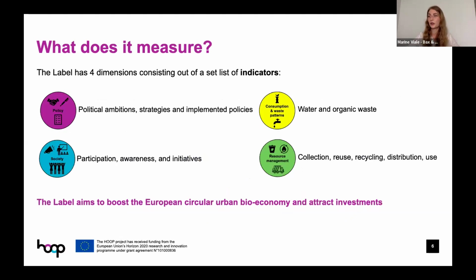Policy indicators look at, for example, strategy and implementation of circular economy policies, like the Circular Economy Action Plan, financing or public expenditure, and taxation or incentives. Then society indicators look at citizen awareness and participation in circularity efforts, including coordination entities, support for waste reduction initiatives,